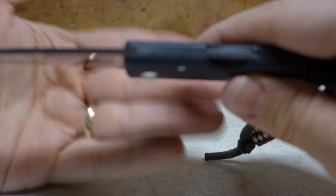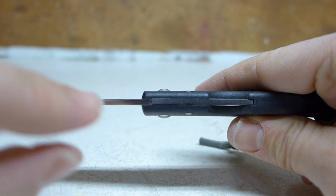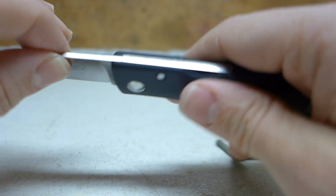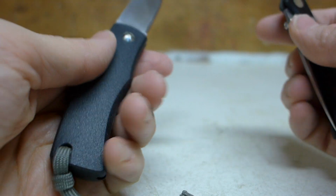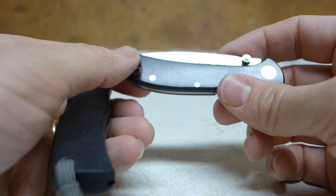On the Fallkniven, it requires no aid to see. You can see it, it's right there. And then if I push down, it becomes even more pronounced. So, overall, I think that the Almar is a nicer knife. It's a better finish. But there are two things that I don't like about the Almar as much as I